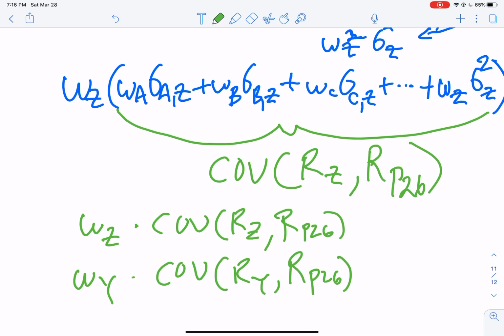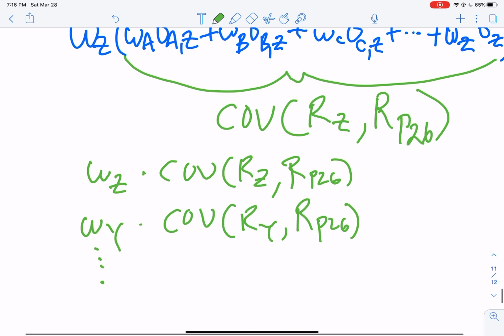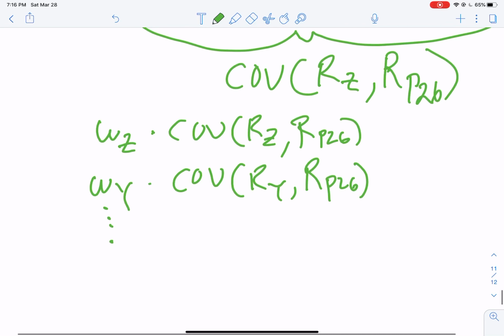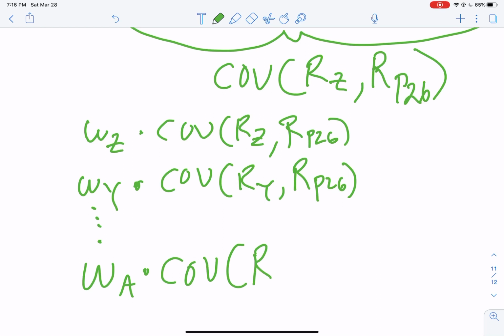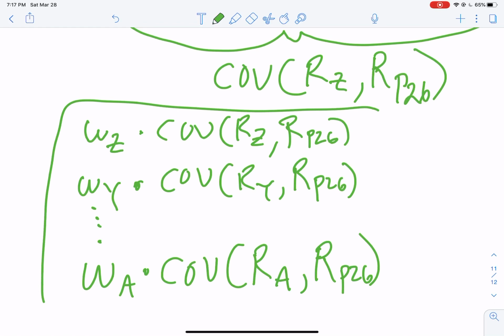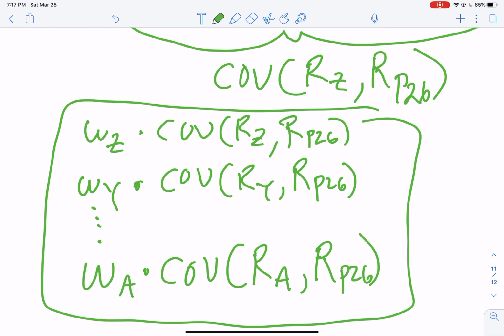We could do all this down to the weight in A times the covariance of the return on A with the return on the portfolio of 26 securities. And then here we'd have that entire matrix again,